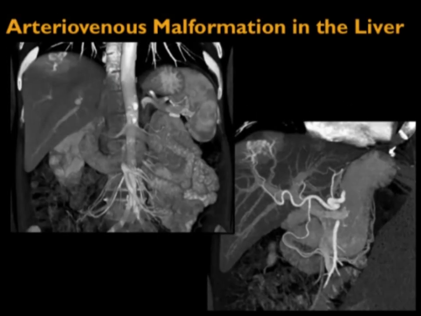Now, when you look at this case and the other cases, they kind of look somewhat similar. You kind of look and say, could this be a hemangioma? There's perfusion changes, what's going on? Good example of where MIP imaging is very helpful. You can see the feeding artery and the draining vein, AV malformation. So again, these vascular lesions can be confusing. They can be undercalled or overcalled. But I think most importantly at times is they're misdiagnosed and called malignancy or metastatic disease.